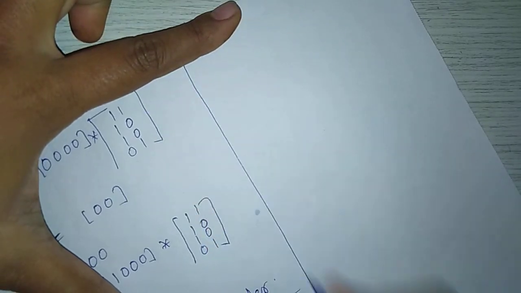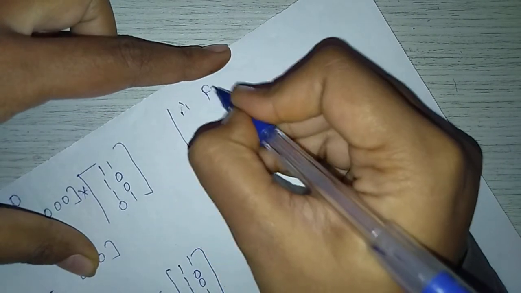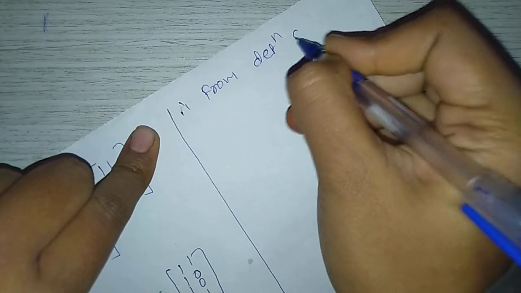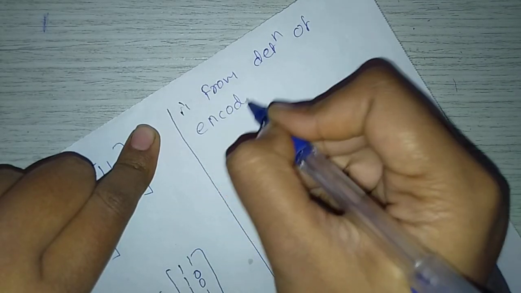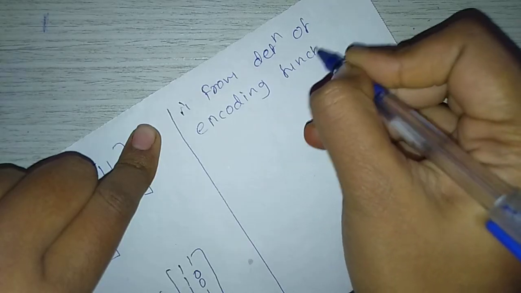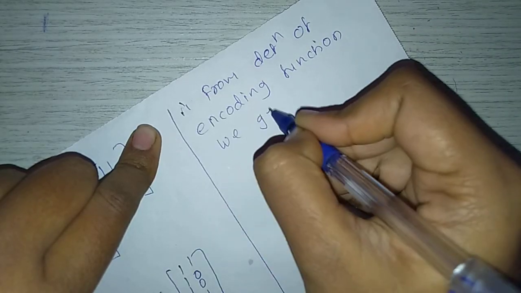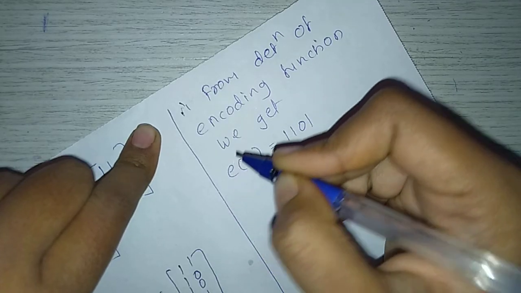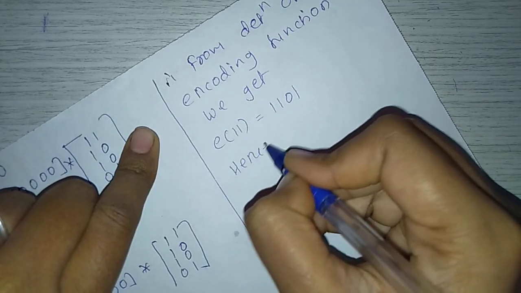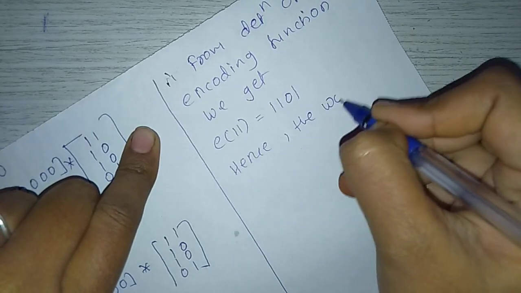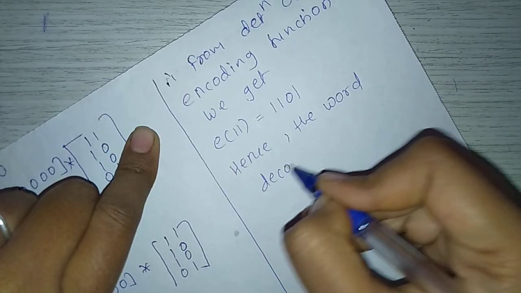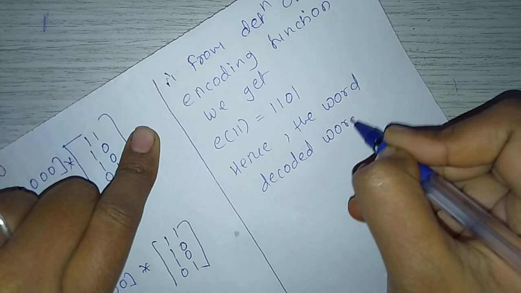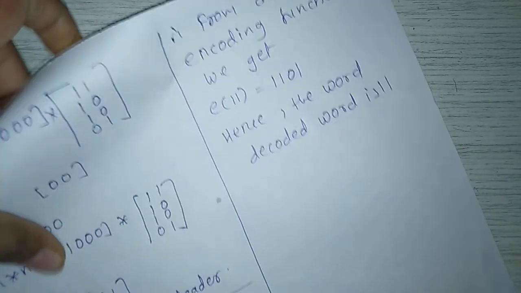Therefore, from the definition of the encoding function, we get E of 1 1 equal to 1 1 0 1. Hence the decoded word is 1 1, and 1 1 0 1 from the definition we get